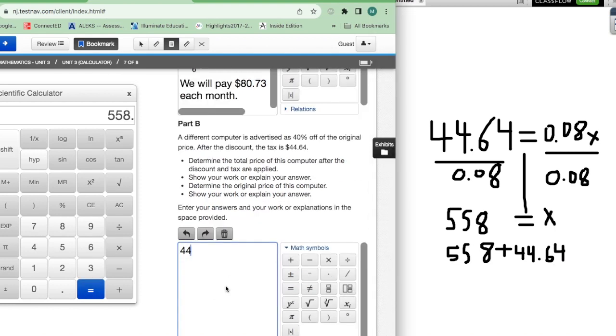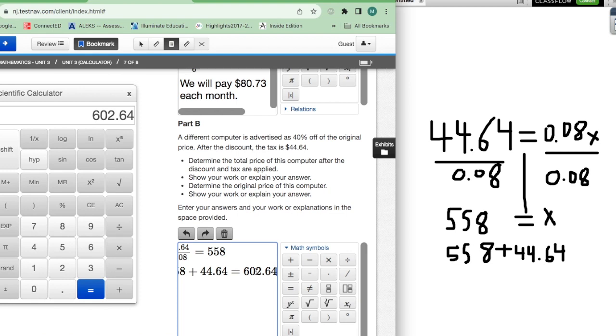So we're going to do 44.64 divided by 0.08 equals 558. And then 558 plus 44.64. We're going to do that over here. Plus 44.64 equals